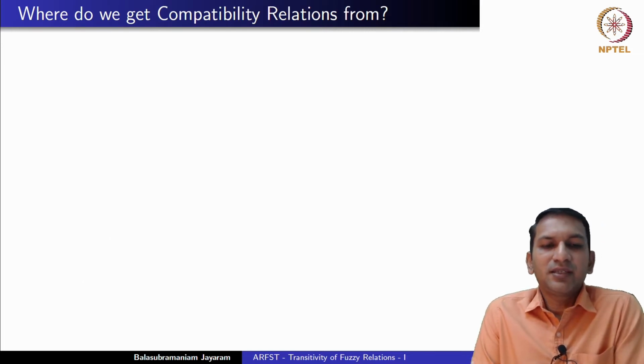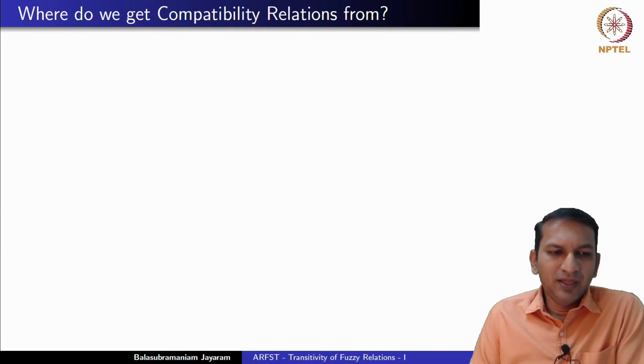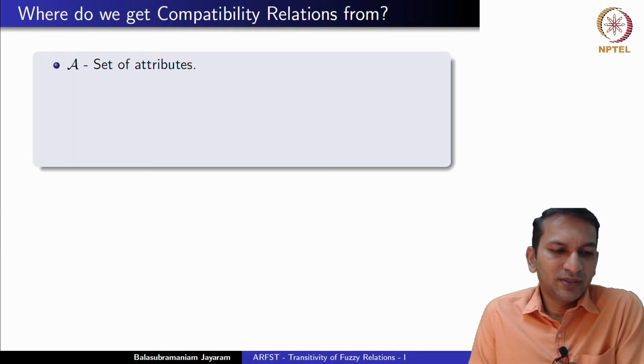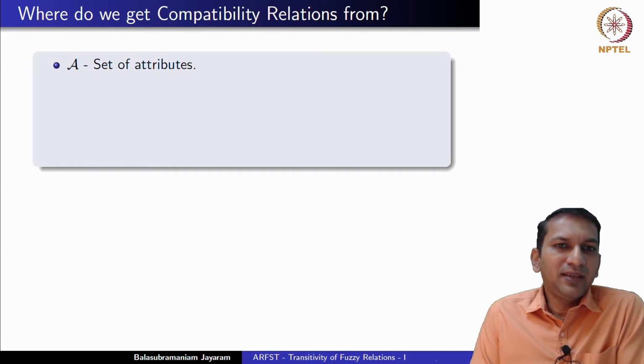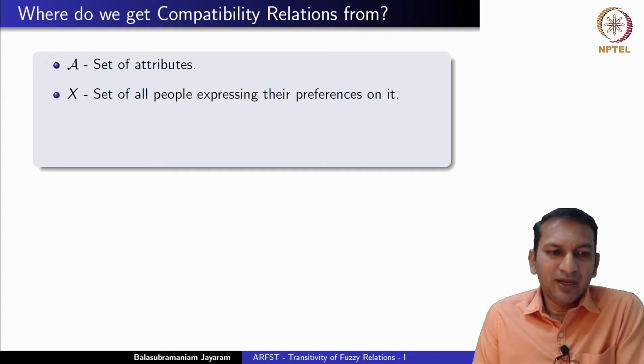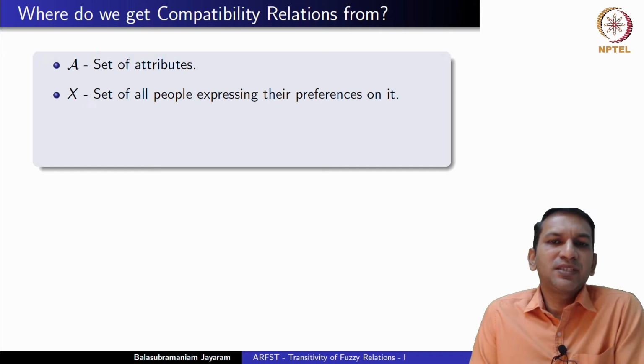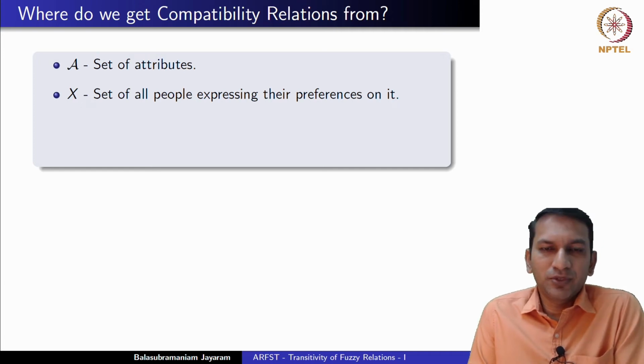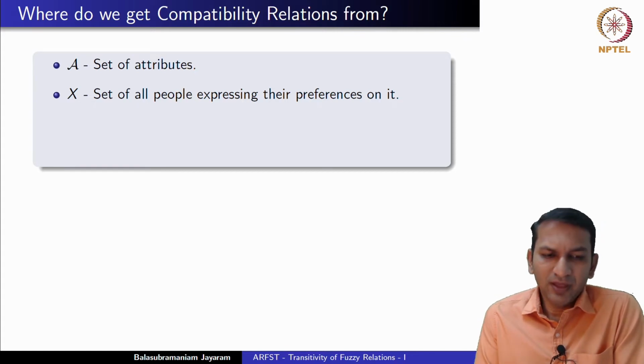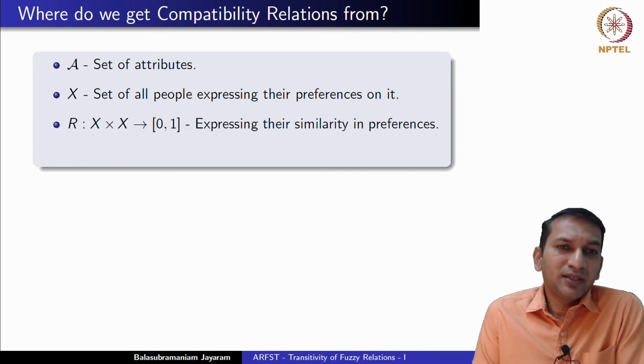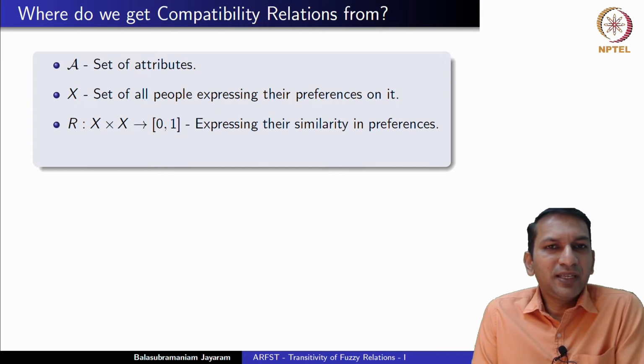Where do we get these compatibility relations from? Let's look at least two scenarios. First of them, let A denote a set of attributes and X a set of all people expressing their preferences on this set of attributes. You could think of the set of attributes as probably just a set of movies and people giving their preferences. Now, we may construct a binary fuzzy relation on X, which expresses the similarity between the